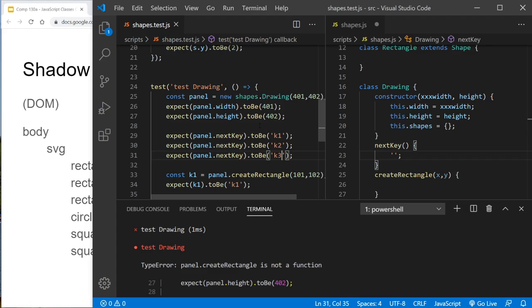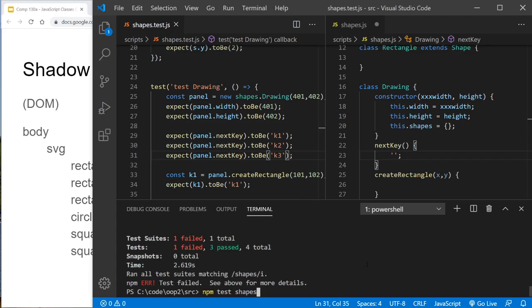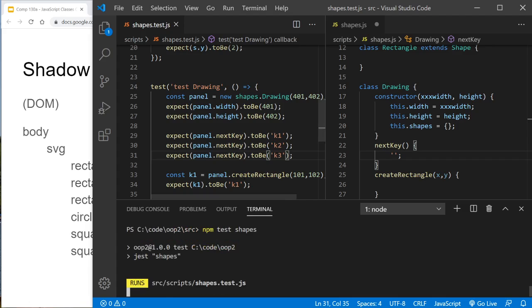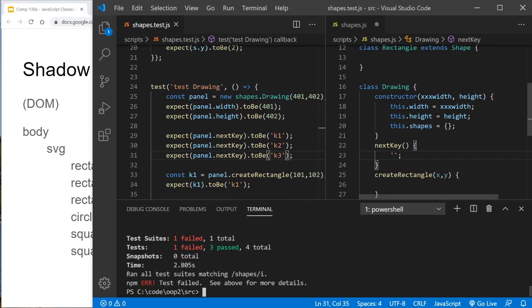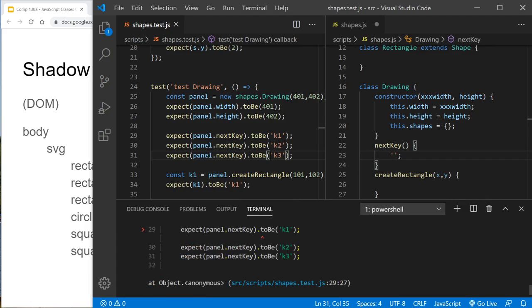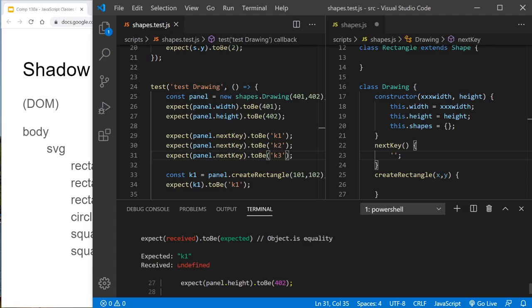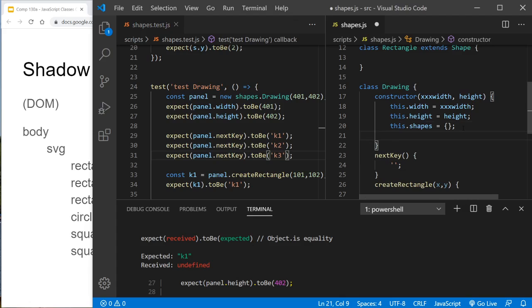So how can I get my object to do that? Run my tests, and hopefully the test fails right at line 29. And the reason it'll fail again is because nextKey won't be, right, to be K1, and of course it's undefined. So that's great. So the way I'm going to do it, I'm going to just say here, this.counter